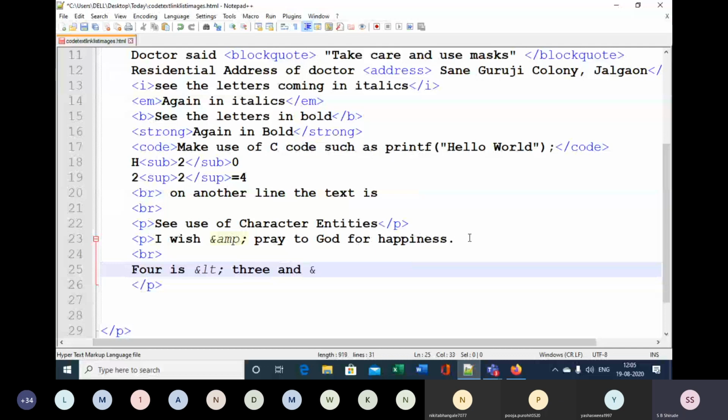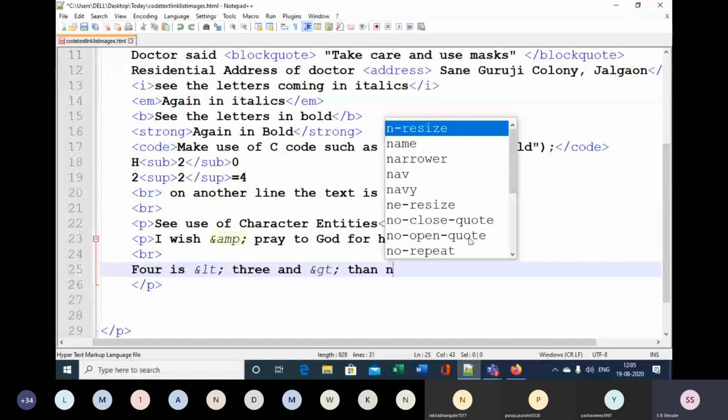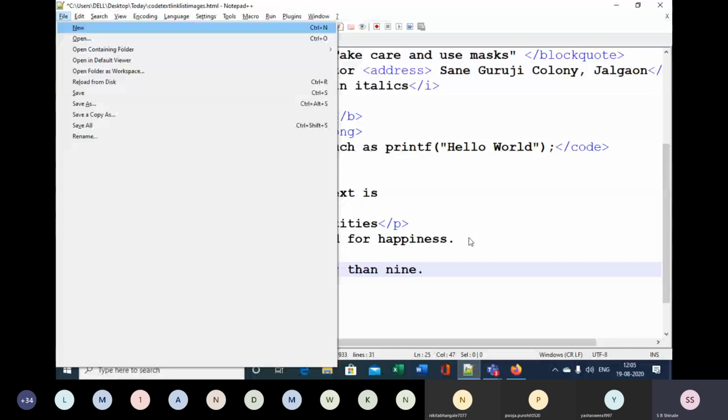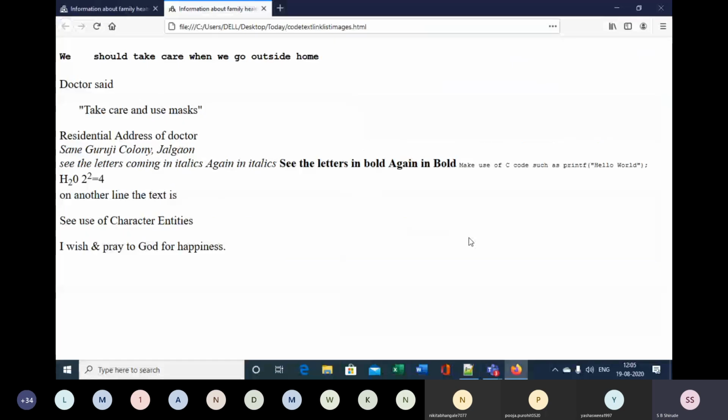Okay, this line I have put, and here I have made use of ampersand LT and ampersand GT. If you see it in Firefox, see here, 4 is less than 3, the less than symbol is appearing, and greater than 9, the greater than symbol is appearing. Otherwise, if we try to insert these less than and greater than symbols directly,